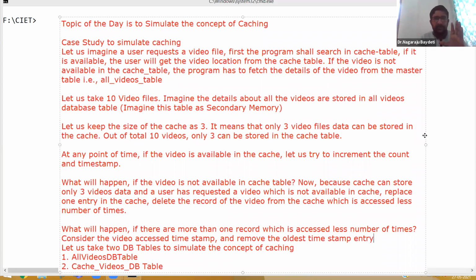Let me know whether you understood the concept of caching and the way we are going to simulate this scenario. If you have any doubt in understanding the case study that we are going to learn today, please let me know in the chat box.